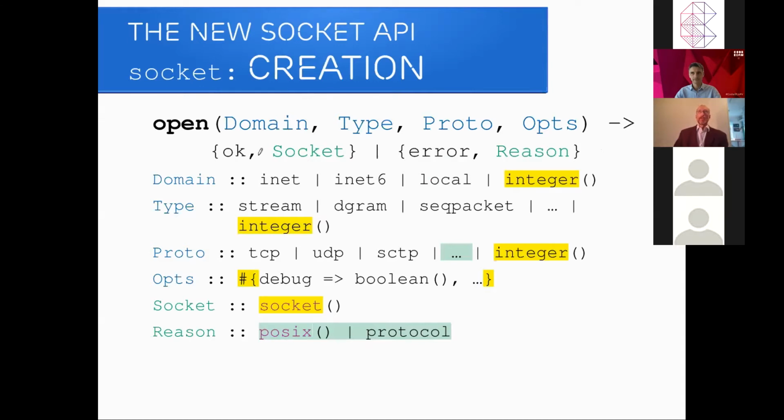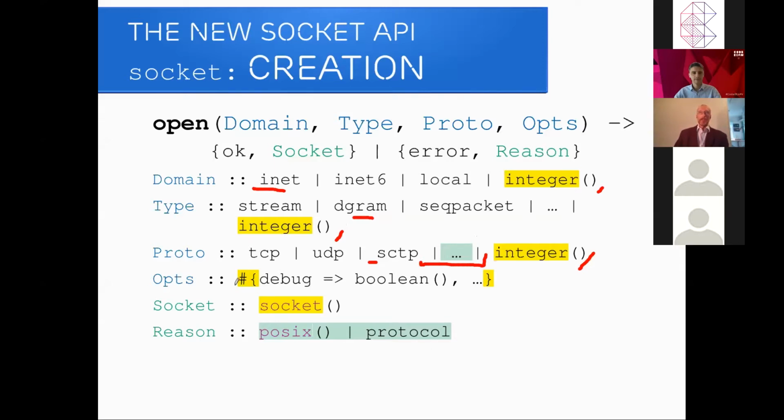The socket open function is really a call to POSIX socket, with the difference that we can use symbolic names for domain, type and for protocol. Protocol is interesting because nowadays it's an open-ended set that we read up from the operating system when the NIF library loads. To use any of these strange protocols, you probably need some special capabilities in Linux or root in other operating systems. We may also use integers for domain, type and protocol. You have to look these up carefully in the running system's header files to get it right.